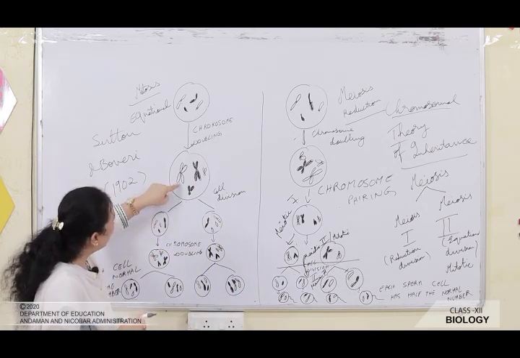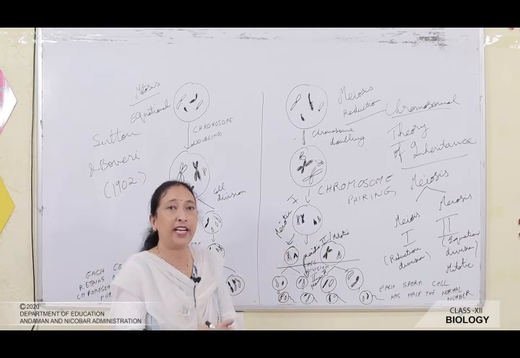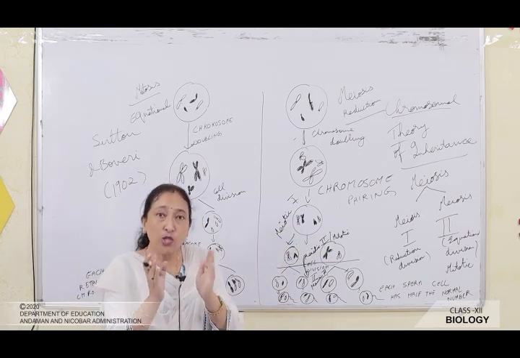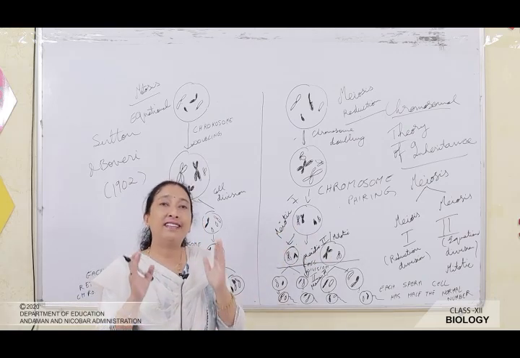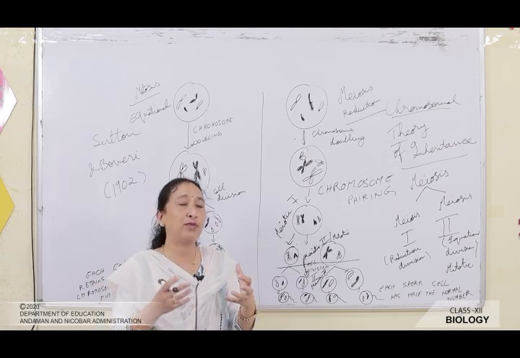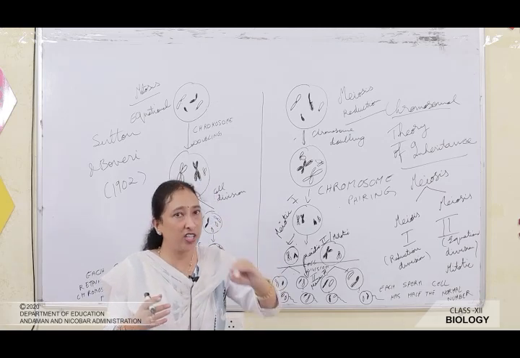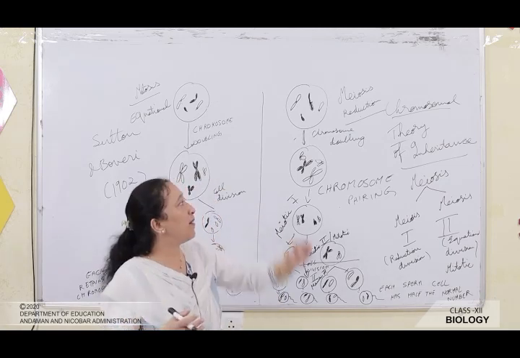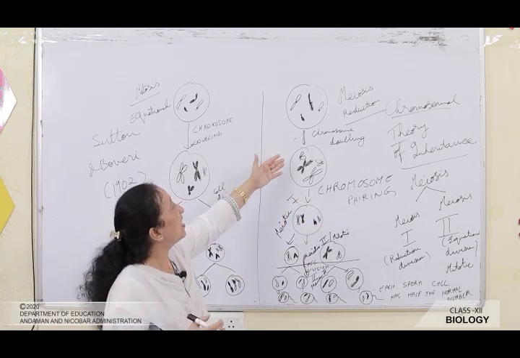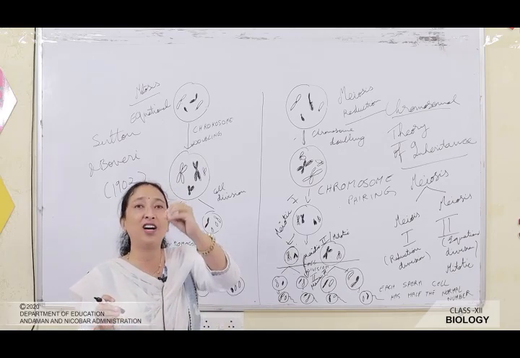Here also you are seeing segregation taking place, here also segregation is taking place. So this was what Mendel wanted to say, but at that time there was no such microscope and the chromosomes were not known, and that's why he termed those as factors. Those factors were nothing but genes, and that was proved by Sutton and Boveri: it is the chromosomes that are separating, they occur in pairs, and the genes occur on the